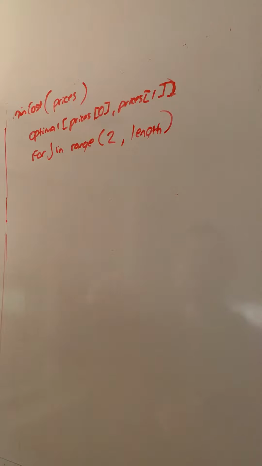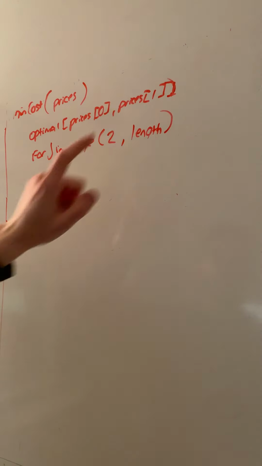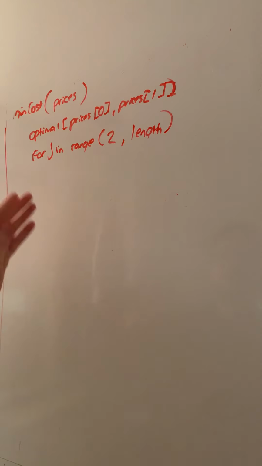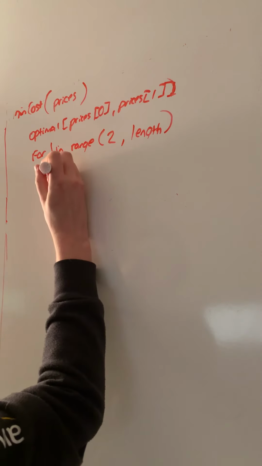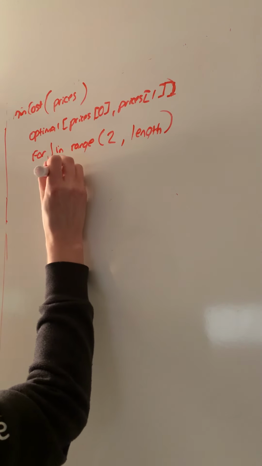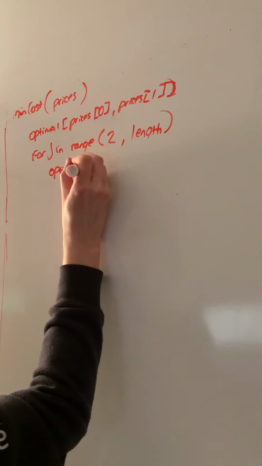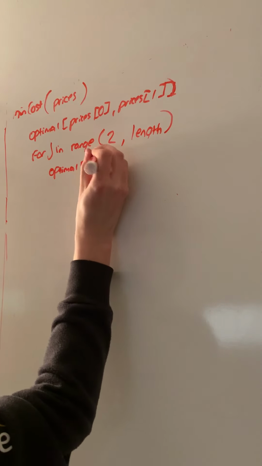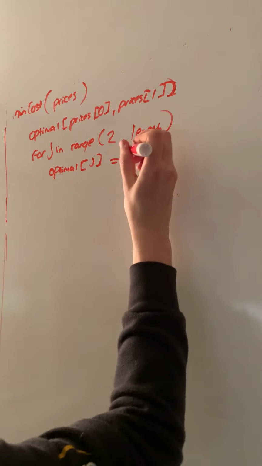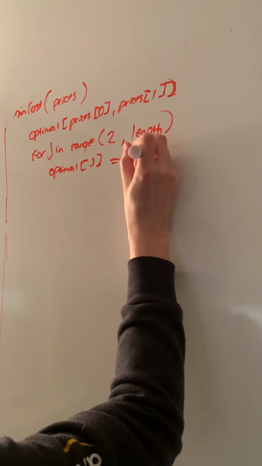Now for this, each time we know that position will be its price, and then we've also already calculated the optimal price for those that come before it. So we're going to say that in our optimal array, this position J is going to equal prices of J